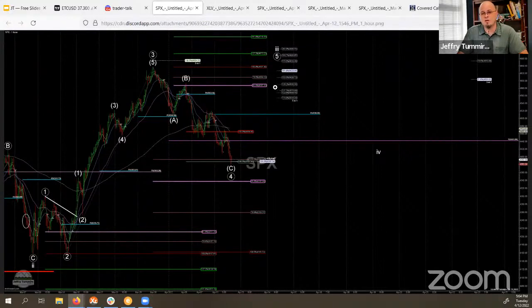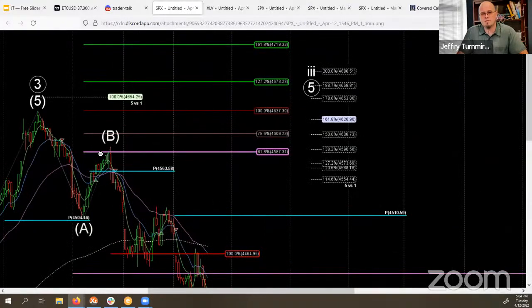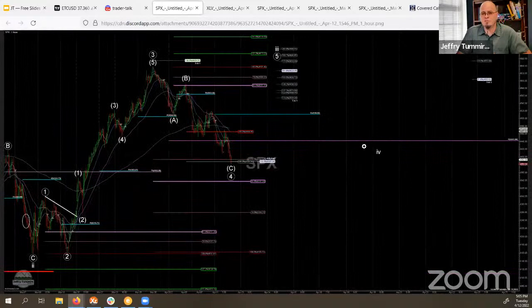And it doesn't even have to come up that high. It may stall out down here somewhere, in the neighborhood of where this B was right here. It's 45.87. I lean toward a 45.50, 45.60, 45.70 area. We'll go through some of the other charts and look at why that is coming up in there. But we could top out anywhere in this neighborhood. I'd draw on it if I could, but I don't have a drawing tool active at the moment. But anywhere right in this area, we could top out and see another retrace back down in the same area.